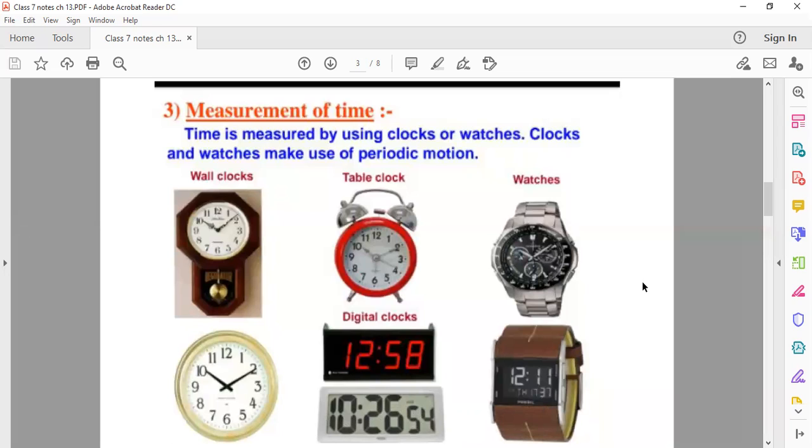So, if we start from past years, how did our ancestors used to measure time? First of all, they noticed that many things in nature repeat themselves after a regular interval of time. We say that they have a periodic motion. For example, they found that the sun rises every day in the morning. So the time between one sunrise and the next was considered as a day.